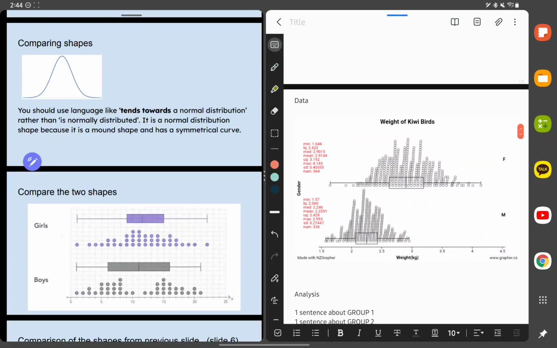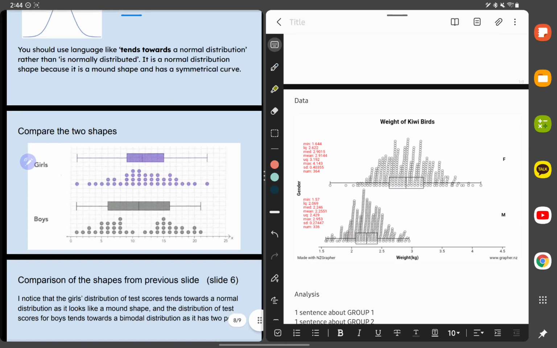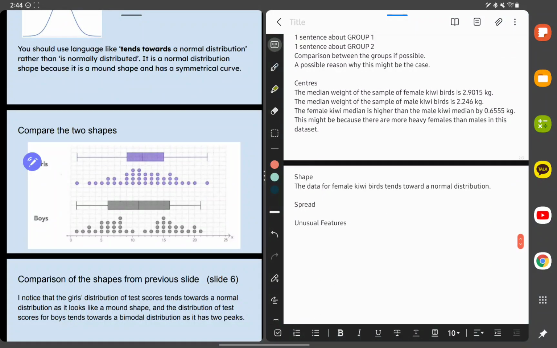Yeah, actually, that's about it. In this case, it's really quite simple. There's really not much more to talk about. It's not bimodal. It has no skew. So that's all we really need to say. And we can say the same thing like this. The data for male kiwi birds